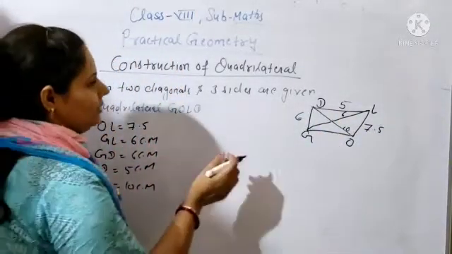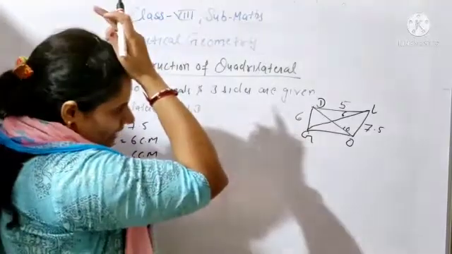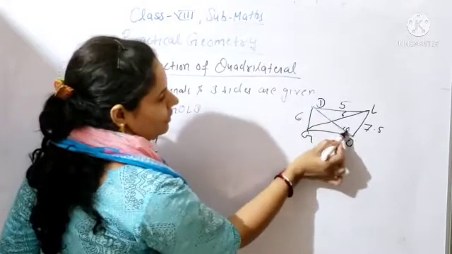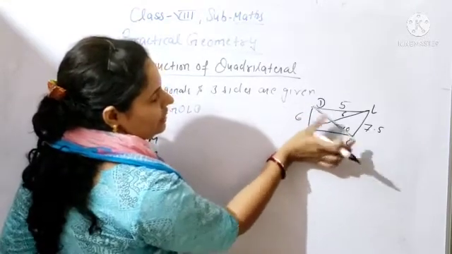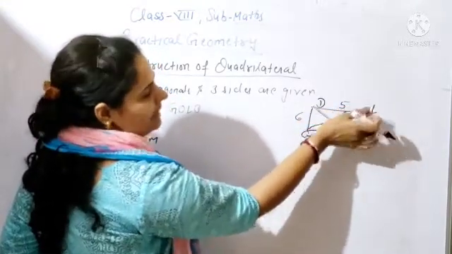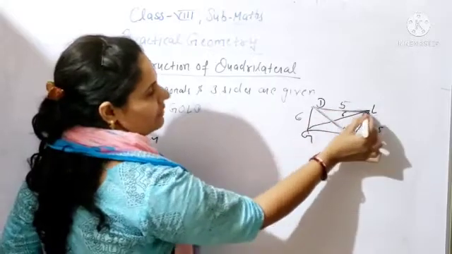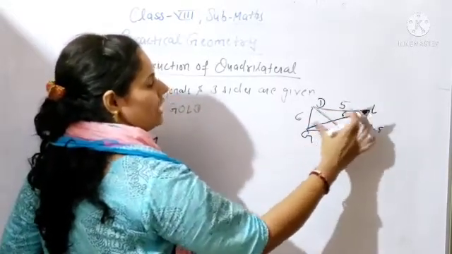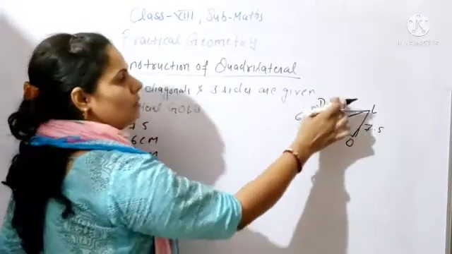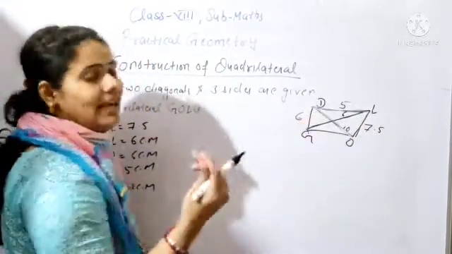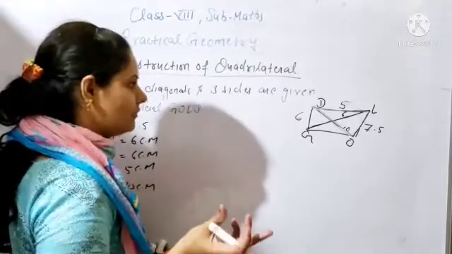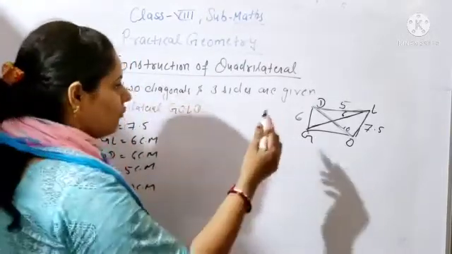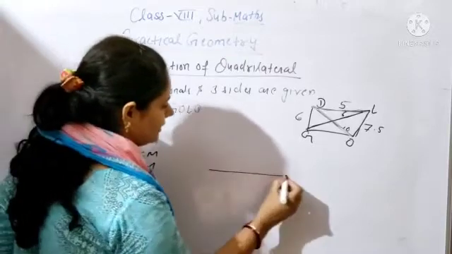So simply you have to draw any one diagonal. You can take any one diagonal. If you are taking this one diagonal, beta, OD, then you can see this one triangle is completing because both the sides are given. And if you take this diagonal GL, the upwards triangle is completing because both the lengths are given. So you can take any one diagonal. For example, I am taking the diagonal GL.